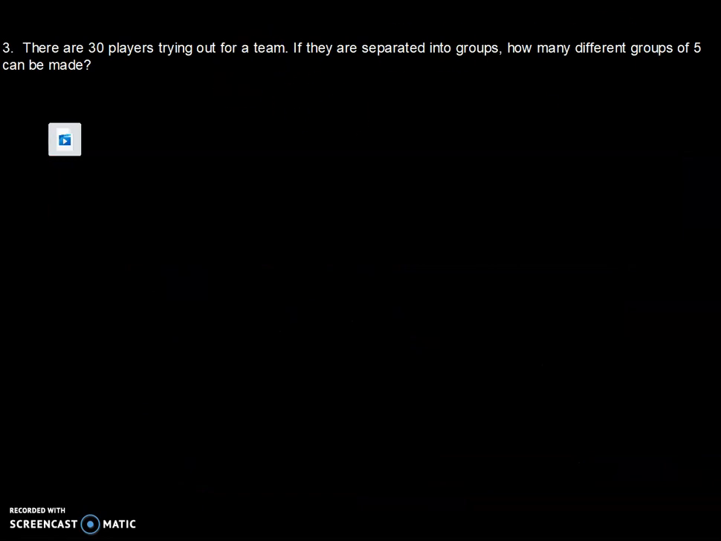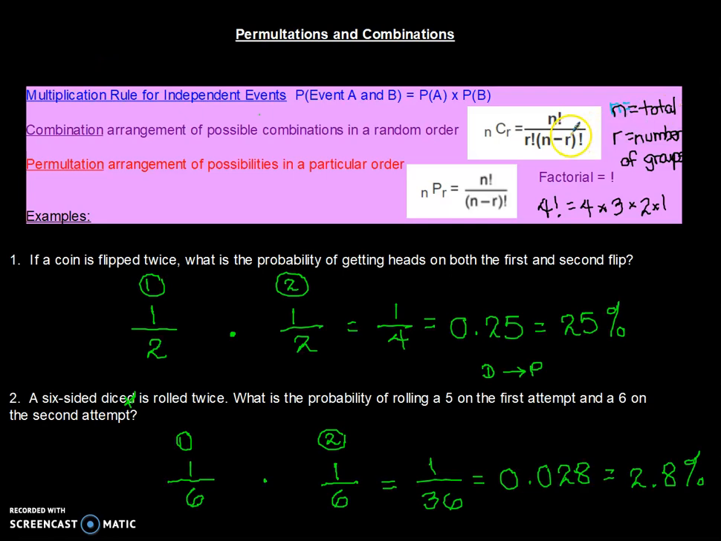There's 30 players trying out for a team. They're separated into groups. How many different groups of 5 can be made? Notice that they are not going to be separated into specific roles like captain, co-captain, anything like that. So this would be a combination. This would be 30 total players, and you're trying to group them in 5. So we should note from the last slide, nCr. N is the total, 5 is the number in the groups we're trying to make, and then you could plug it into this formula,